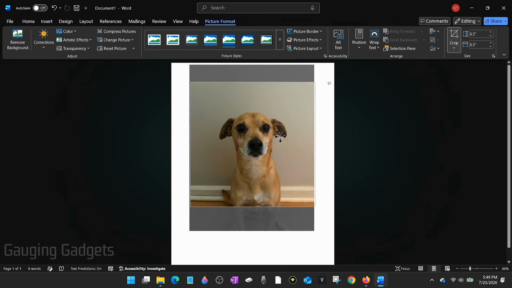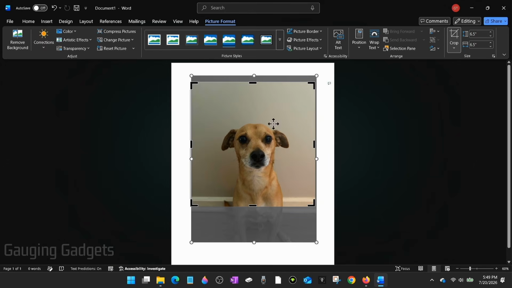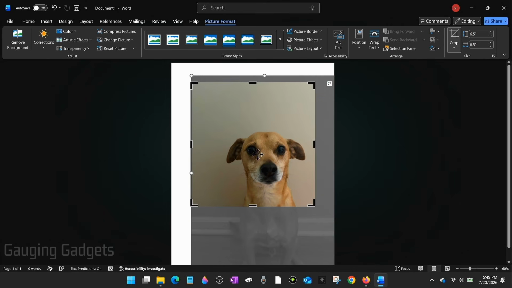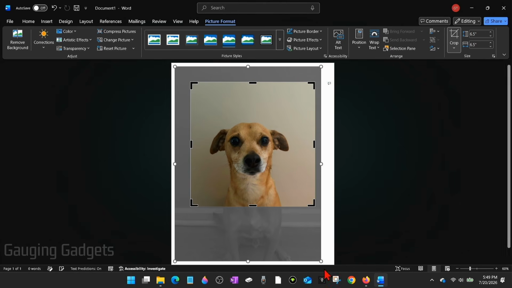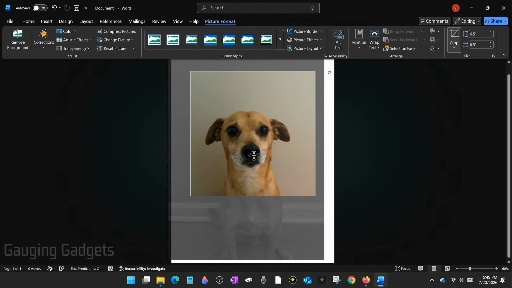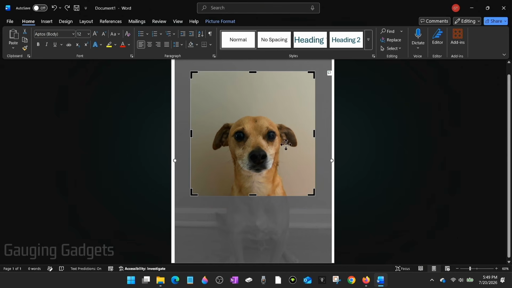So now you can move the image if you need to, so that the subject and the face is in the center, and you can also zoom in by dragging this down to make it bigger, and then we can make sure that the face is in the center and takes up a pretty big portion of the picture right there. So once we're done cropping and resizing, we have the face where we want it, go ahead and back